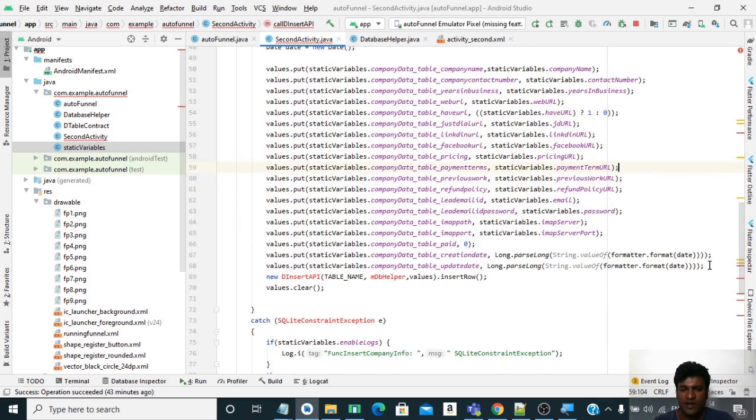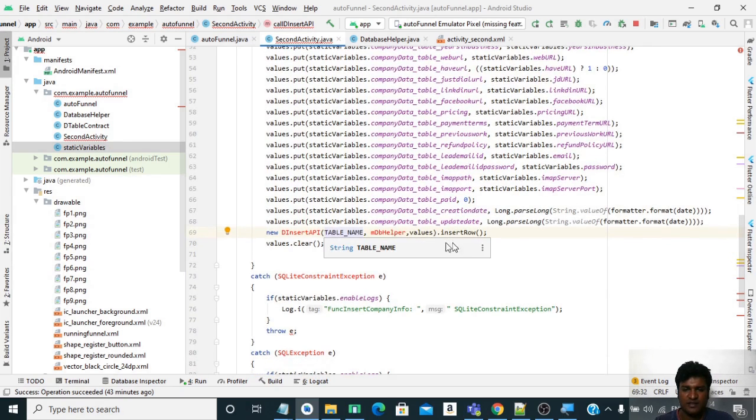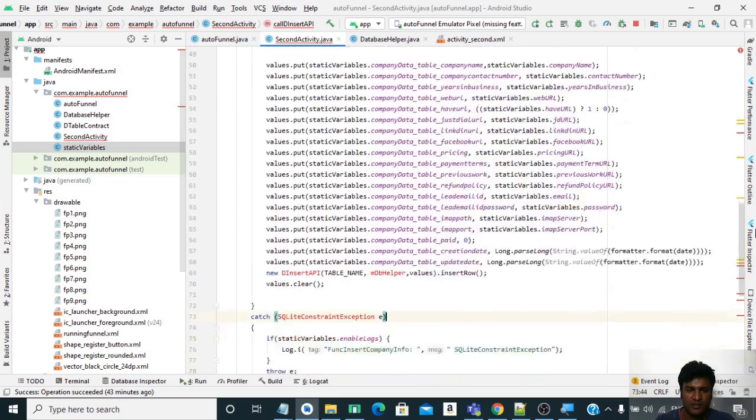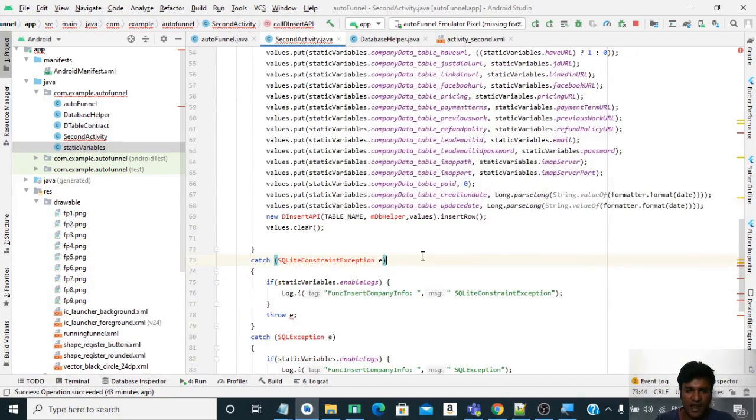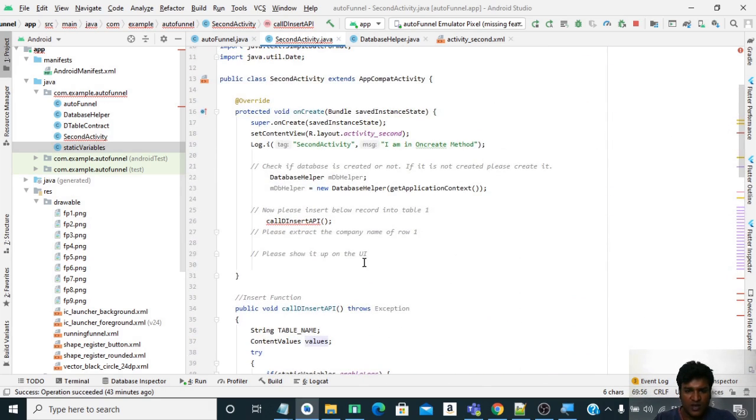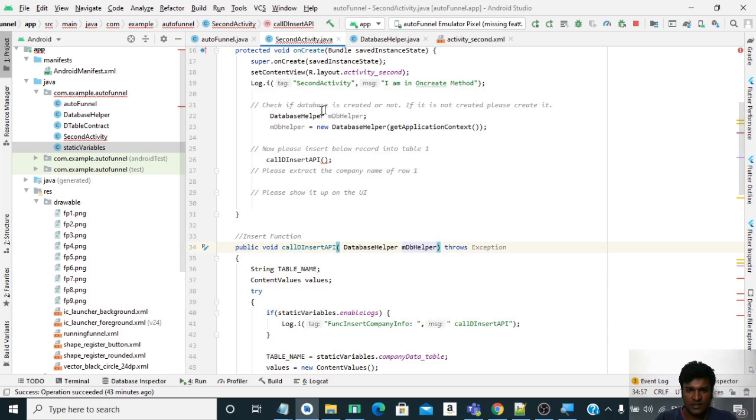So here we are putting all the values, and after putting the values, we have to call the insert, we have to initiate the input process. How to initiate it, we will just talk about it. If all of this is understood, we have collected all the variables and we have to just process them now. We have the table name, we have the helper, and then we have the values. So again, we need this helper. Let me say that this particular function requires a helper, and let me say C and V, and let me just pass this